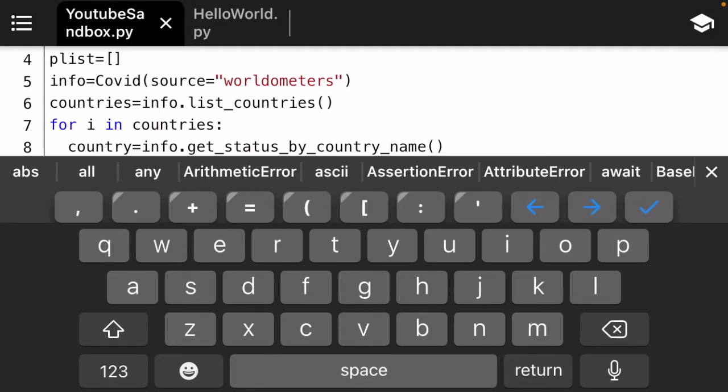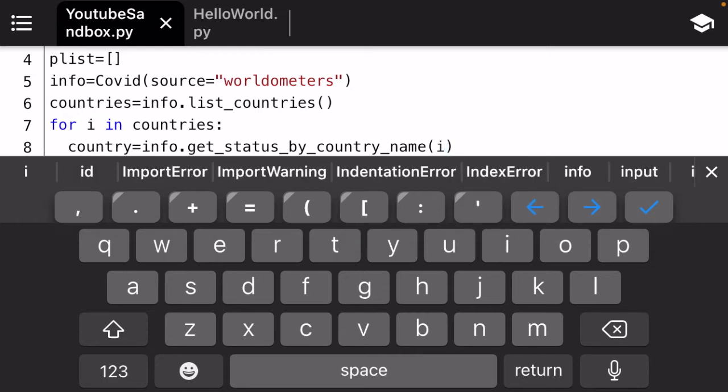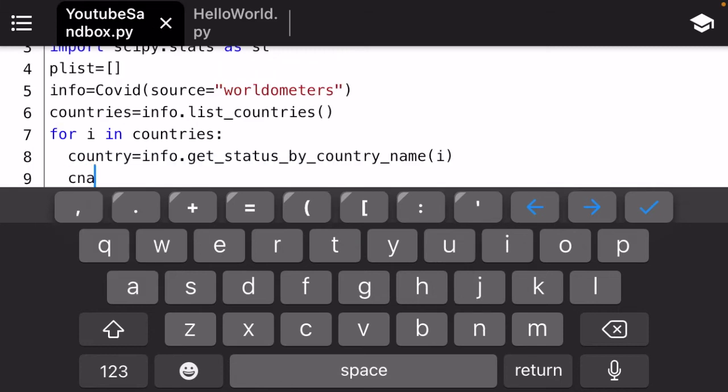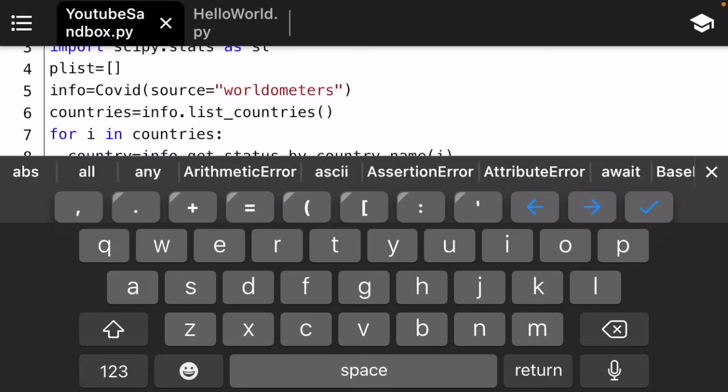You saw that last time, but last time I just used my country of the United States, USA. This time I want to go through all of the countries, so I, coming from that list. So for every country in this list, it's going to do whatever we do next. So the country is set equal to that country, and I need a little bit of information. So first I want to do the country name. I'll call it CNAME. And that's going to equal